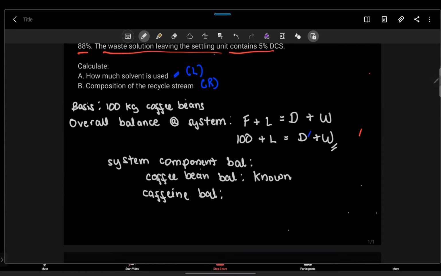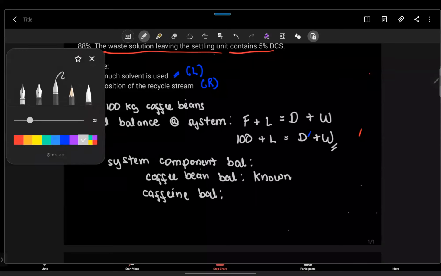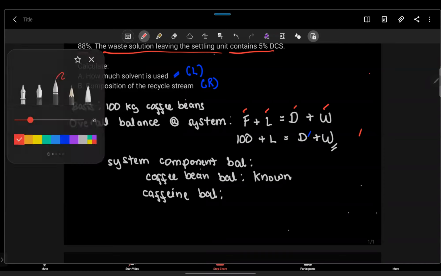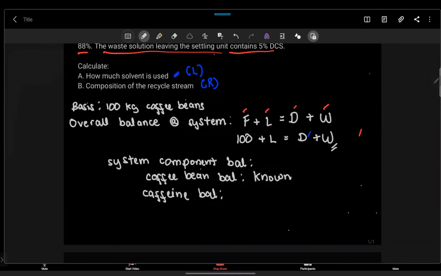Okay, so paano yung caffeine balance? So, caffeine balance is caffeine in F plus caffeine in L equals caffeine in D plus caffeine in W. Okay? But how much is the caffeine in F? Alam natin yun, di ba? Caffeine in F is 1.5 kilogram. Kasi remember, you have 100 kilogram of coffee beans with the caffeine. 1.5 kilogram yung caffeine. Now, caffeine in L is 0. So, wala siya. Okay? Now, caffeine in D,